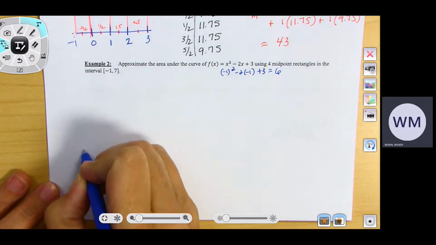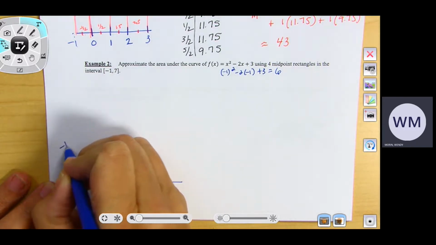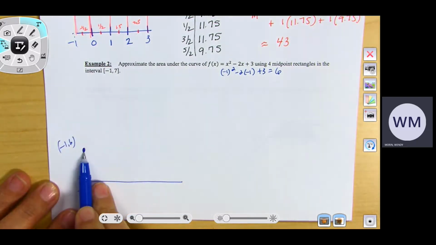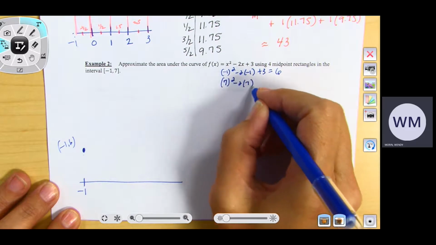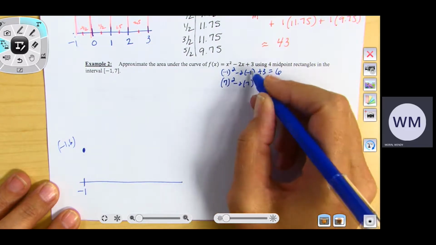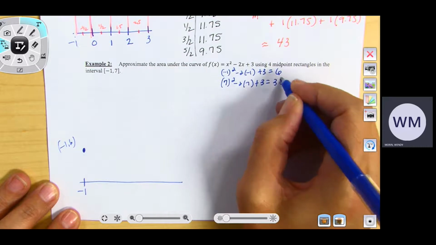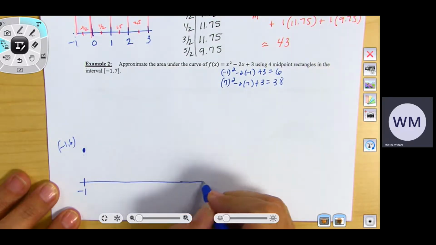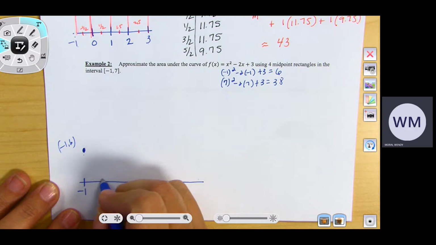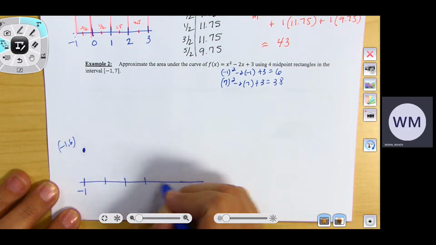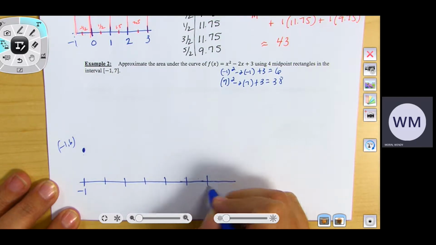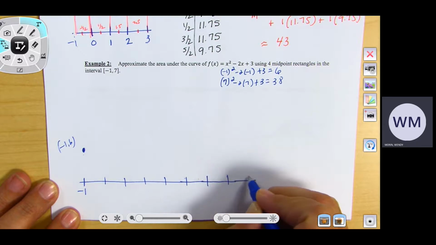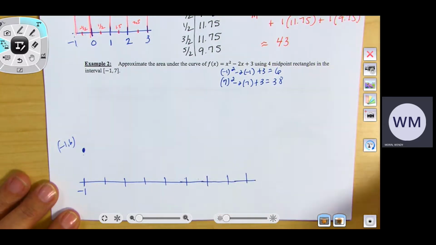1, 2, 3, 4, 5, 6. Close enough. So -1, 6 is where it's going to start, and I'm going to stop at 7. 7 squared minus 2 times 7 plus 3 is going to total 38. So all the way down here is 0, 1, 2, 3, 4, 5, 6, 7, and 38